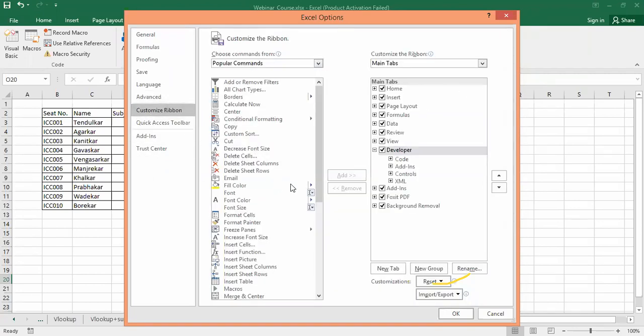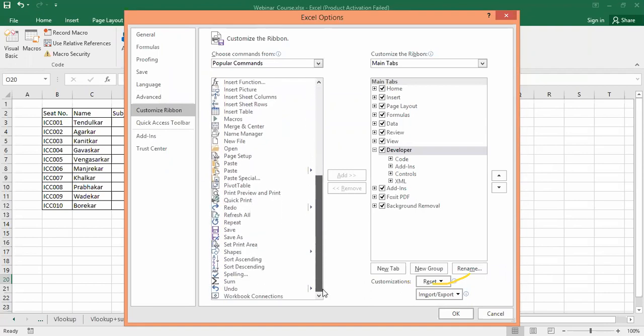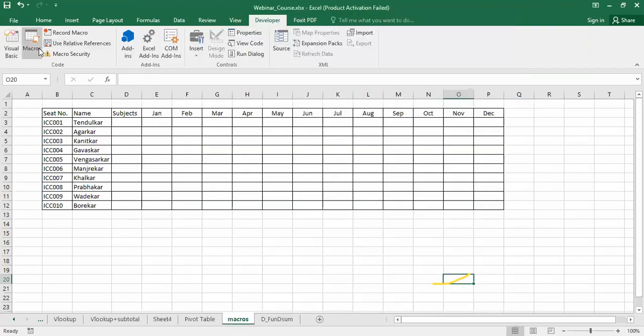Here in the customize ribbon, we can find out macros. Okay, we have these macros, right? So click on this macro and click on the add in the customize ribbon. Then you will find the developer tab, and in developer tab you will find the macros. Now in very short, I will give the demonstration of this macros, how to use the macro.